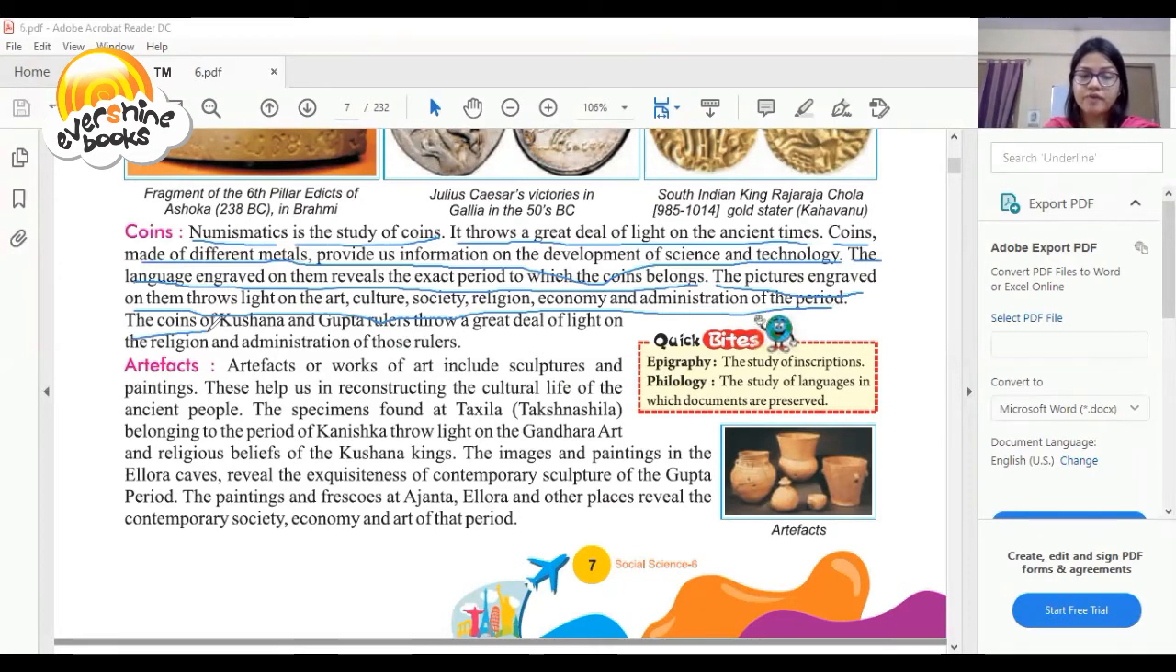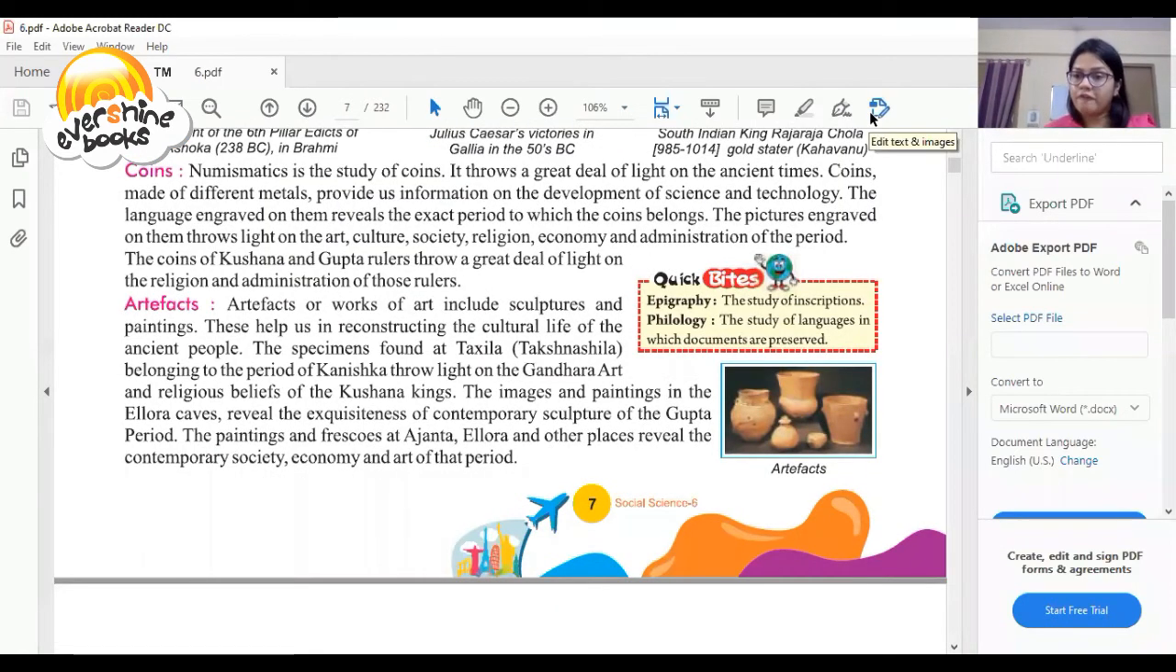The coins of Kushan and Gupta rulers throw a great deal of light on the religion and administration of those rulers. So this is all about the coins. Let's understand artifacts. What are the artifacts? So what is an artifact? Artifacts or works of art include sculptures and paintings. So basically,